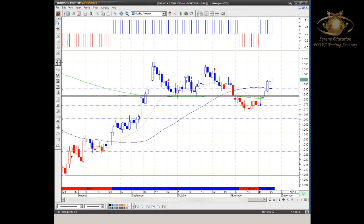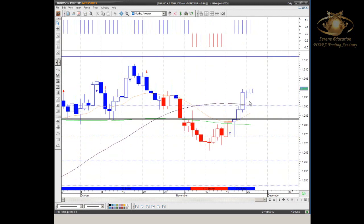Near term, the 23.6 was a prior support and resistance level. Then we saw price breaking that all-important 1285 mark, which happened to be the support and resistance level here, as price bounced on a number of occasions on the institutional. That acts as support, recently resistance, and back again up to support again. So as long as it maintains above 1290, the 23.6, then we should be looking for price to head on